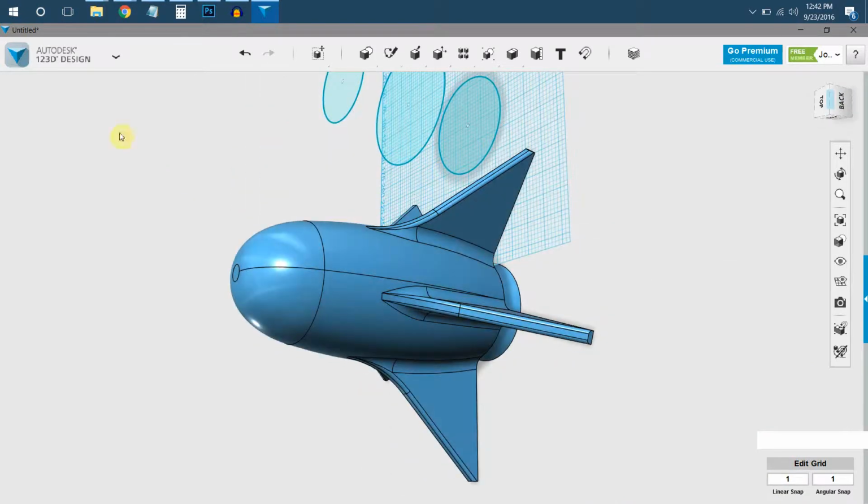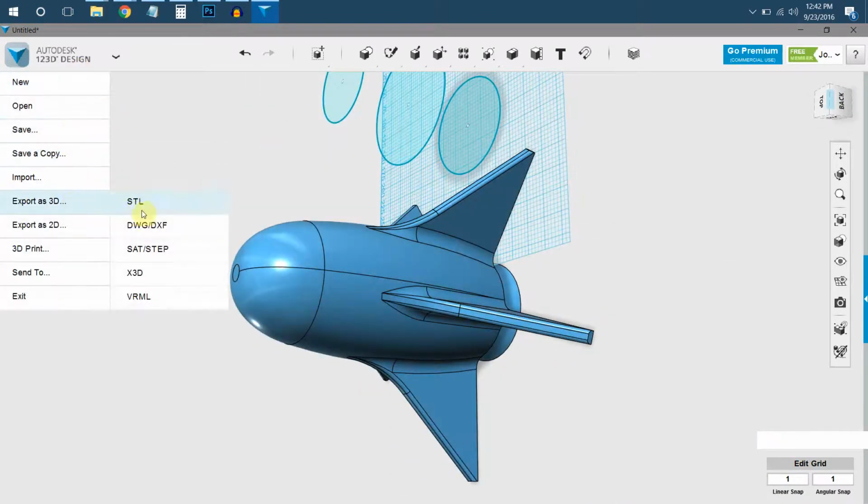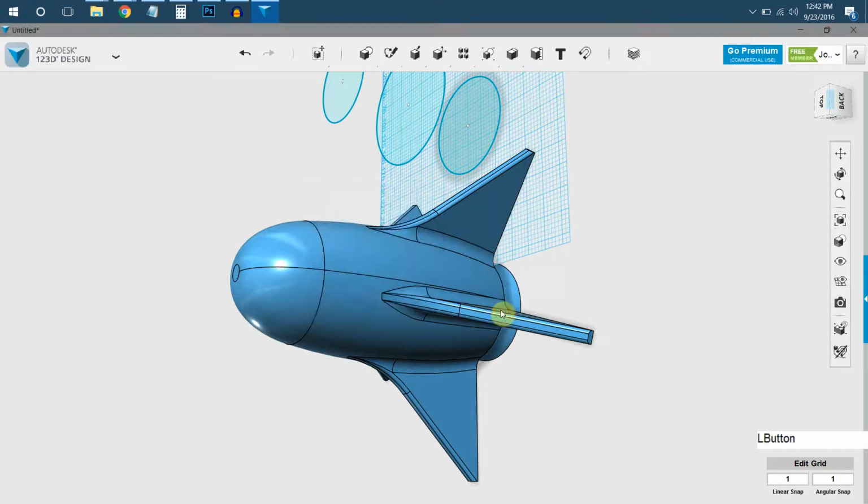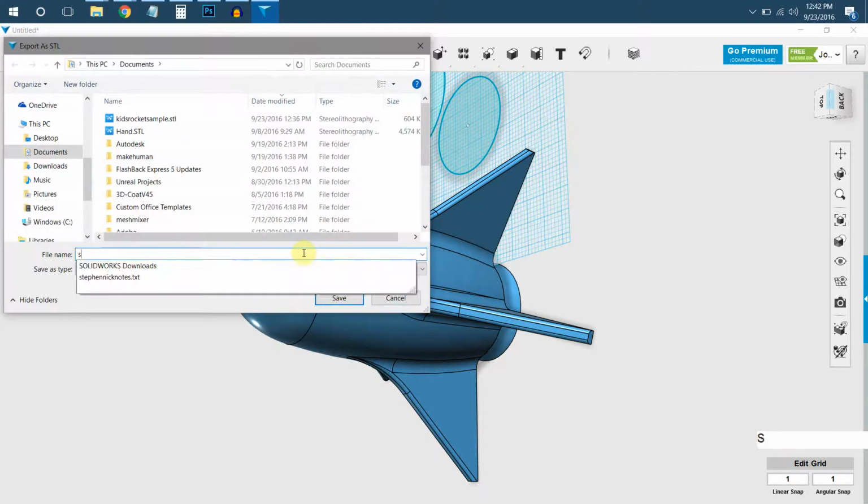Okay, so now we have our rocket. I'm going to go to Export as 3D, STL. You notice there is no Combine Objects option. That's because all the objects in the scene are together, so there's no separate bodies to combine. So I'm going to hit OK. I'm going to say Adults Rocket Sample,